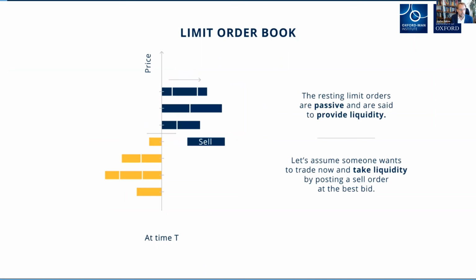And I just have an example of that as well. So here we have the limit order book. We have a trade coming in. Someone wants to sell. The person is impatient, he or she wants to cross the spread, and now the order matches with the resting order. A trade is recorded. In this case, it was a limit order, so the remainder stays on the book, and the mid price changes. So if you see a mid price change, usually it's either through cancellation or through trades happening.